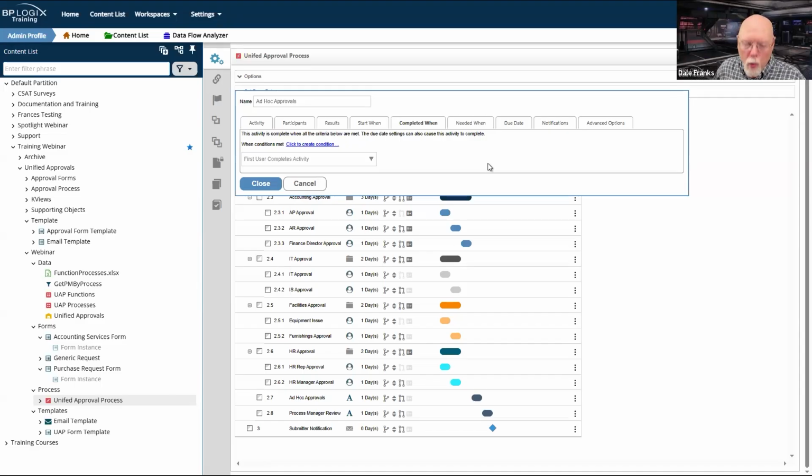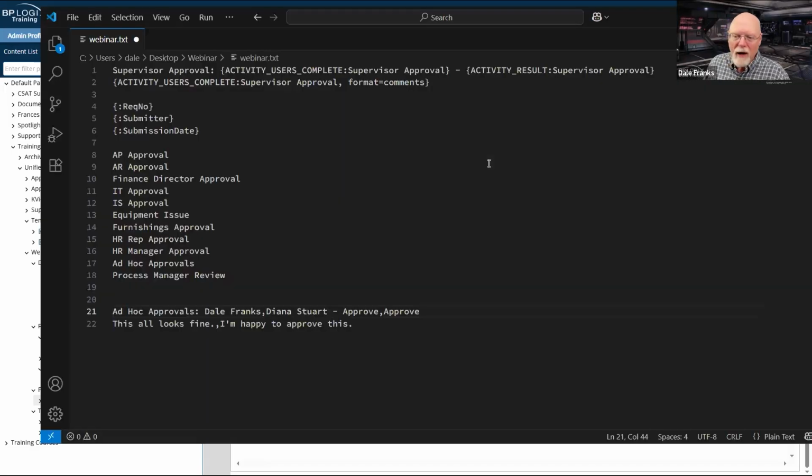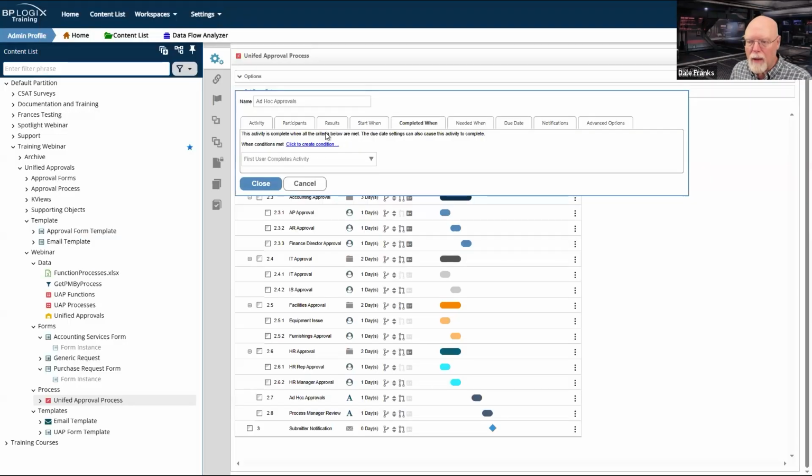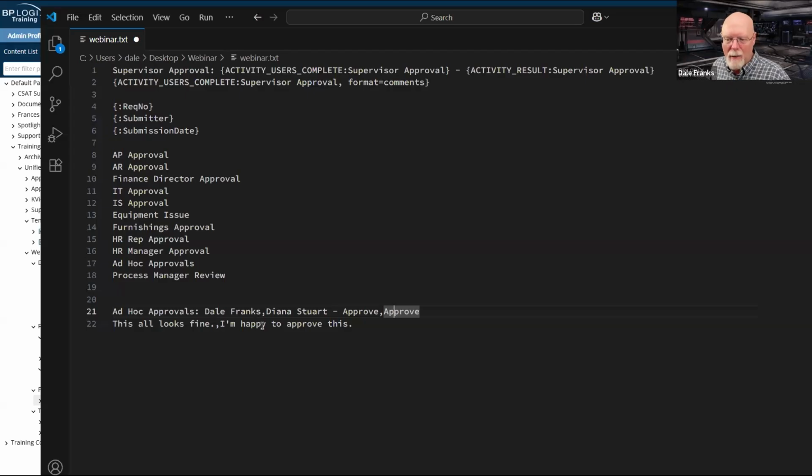There's only one user that's ever going to complete the activity, even if I assign 30, in which case none of this matters because it's always going to be one user, and I'm not going to have all of these comma separated lists showing up. But the second I switch to this, I am going to get multiple users and I am going to get these comma separated lists.